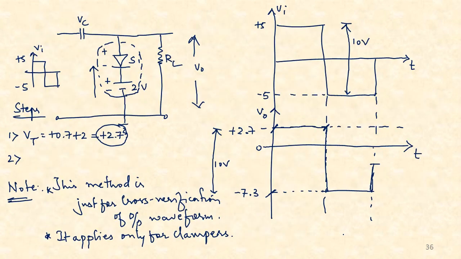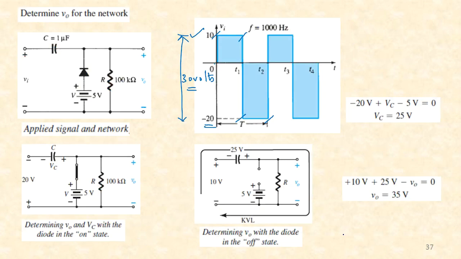Moving forward, I think I had given you this particular problem as homework, which I believe many of you must have solved. One point to be observed here is that it's not mandatory that the voltage levels during the positive half and the negative half should be the same. They could differ also, because in this example the positive half amplitude is from 0 to 10, whereas in the negative half it is from 0 to minus 20. So it is an asymmetrical one.